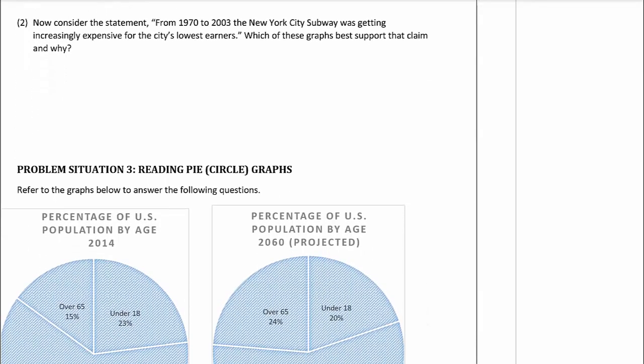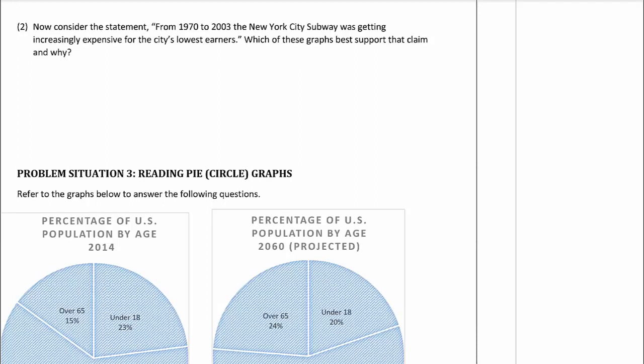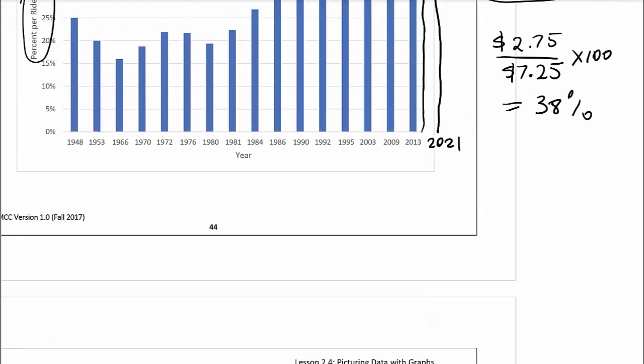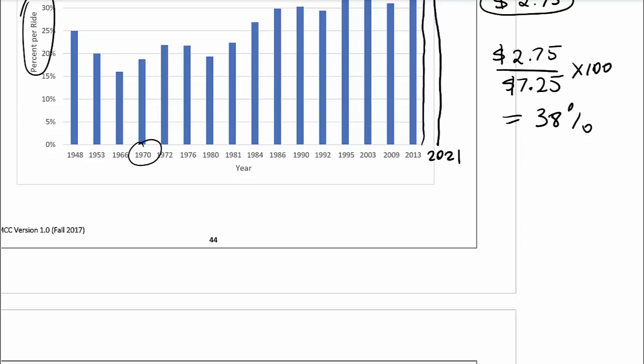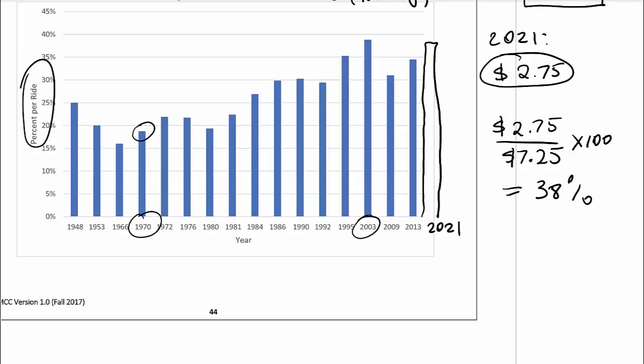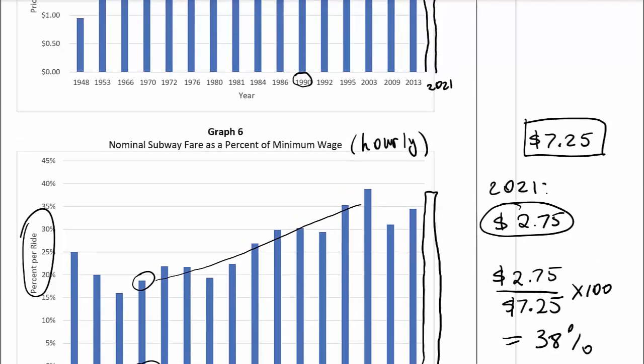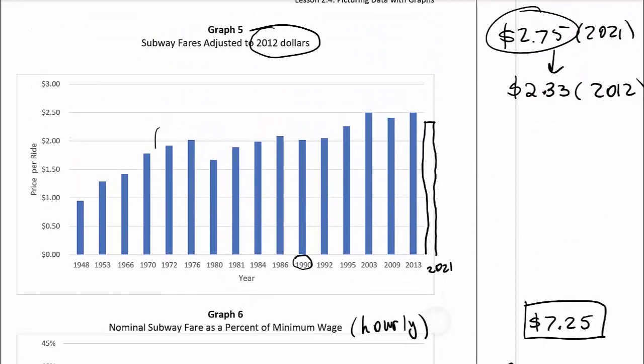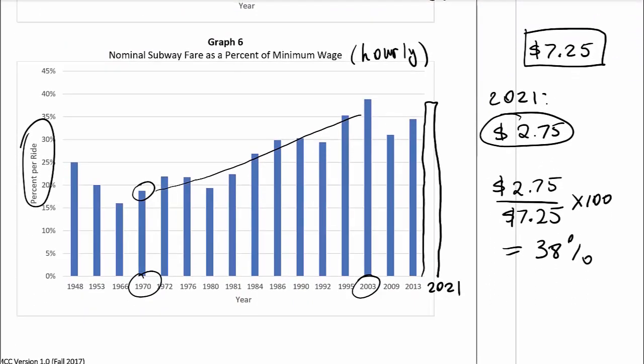All right, so now consider the statement: from 1970 to 2003, the New York City subway was getting increasingly expensive for the city's lowest earners. Which of the graphs best supports that claim and why? So if you're looking at the minimum wage graph, we're looking from 1970 to what year, 2003? Hasn't been increasing. If you look at the trend, kind of yes. Right, so if you look at the adjusted to 2012 dollars, it's kind of remaining steady,